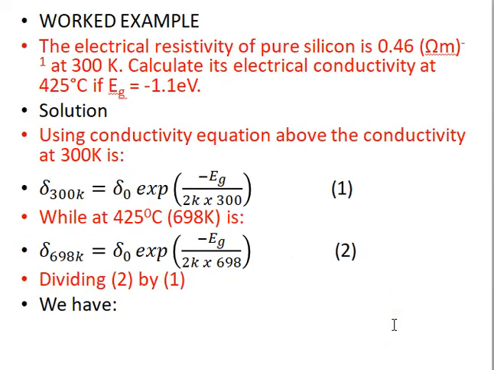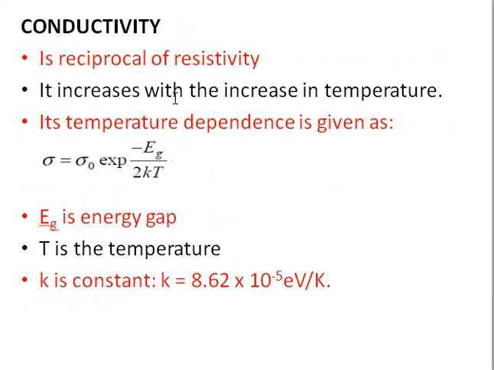Now let us look at a worked example to illustrate how we can use this formula for calculation. The question says the electrical resistivity of pure silicon is given as 0.46 ohm meter at the temperature of 300 Kelvin. We are now asked to calculate the electrical conductivity at a temperature of 425 degrees Celsius, and the energy gap is given to us as 1.1 electron volts. Now if we use the equation we have just seen, this equation of conductivity in relation to the temperature, we have